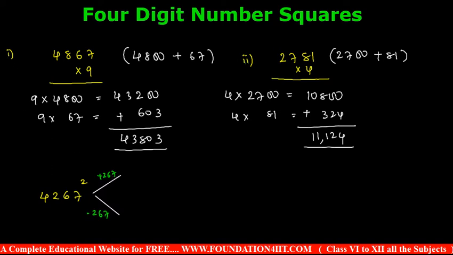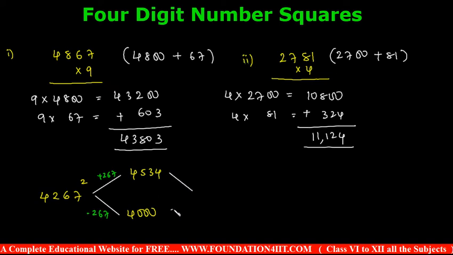If you add and subtract, one side will be just 4,000, and the other side is 4,267 plus 267, which is 4,534. So it is 4,534 and 4,000. This is why I gave the 4-digit by 1-digit multiplication at the start. Here, 4,534 should be multiplied with 4. This concept you need to practice before attempting 4-digit numbers.